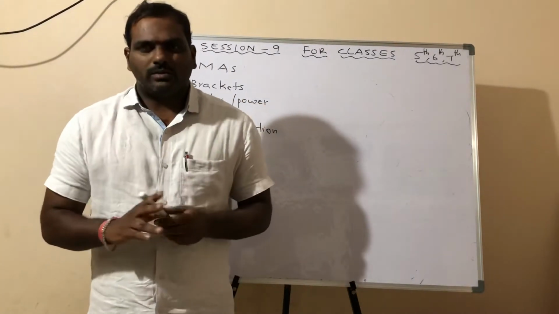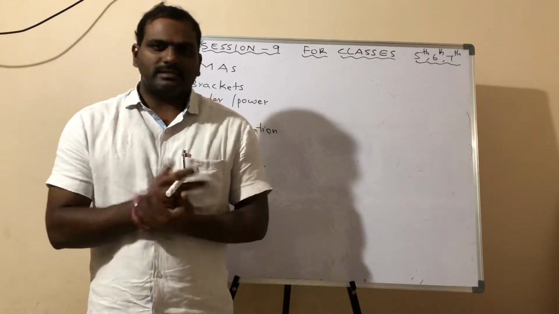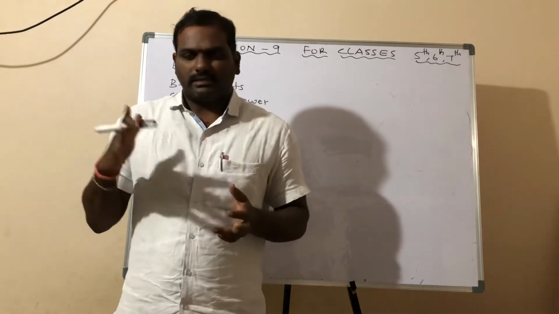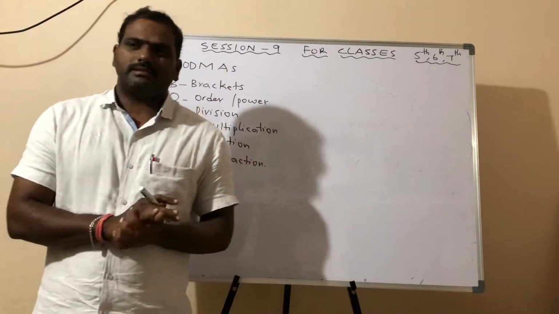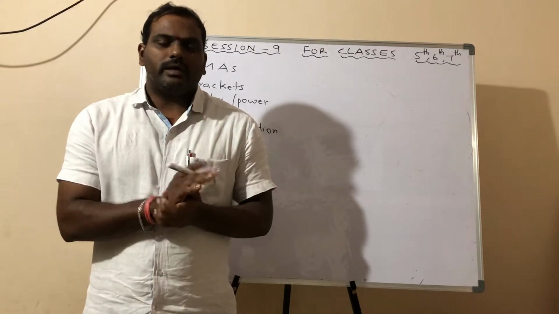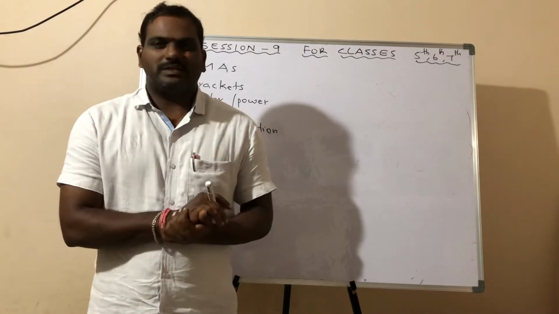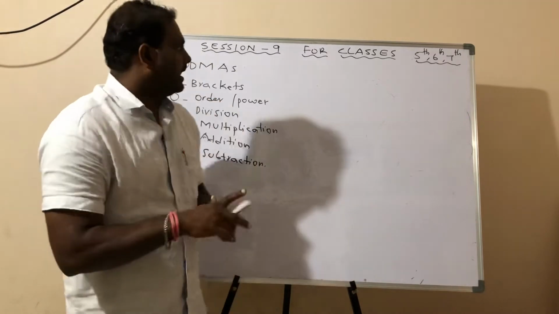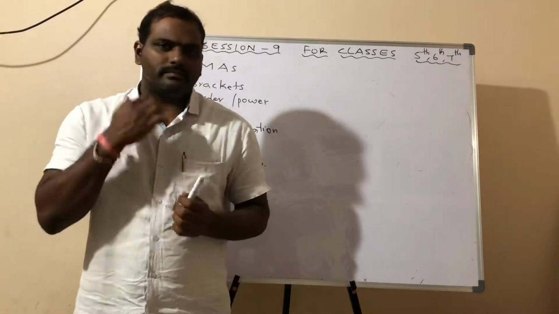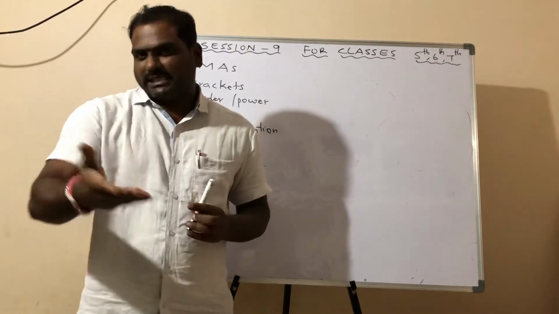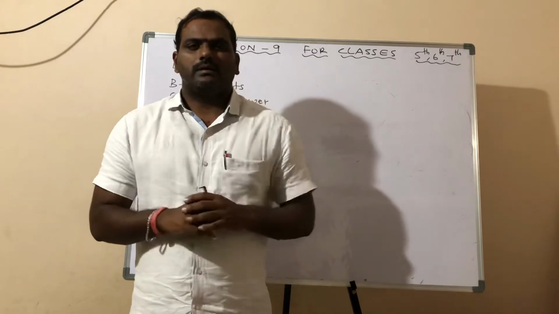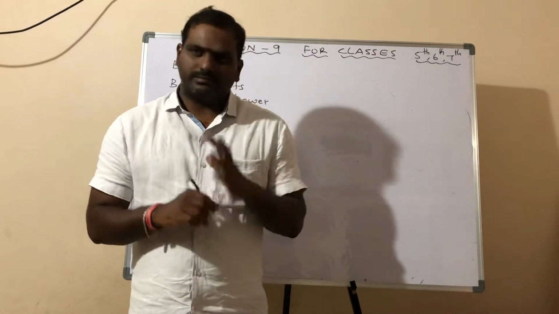So actually I thought to have basics classes up to 8 sessions. Then I would start the regular syllabus for 5th, 6th, 7th classes. But I forgot to explain one topic. That's why I am continuing with session 9. This is also a basics class only. From session 10, that means from the next session, I'll start the regular textbook syllabus, right?